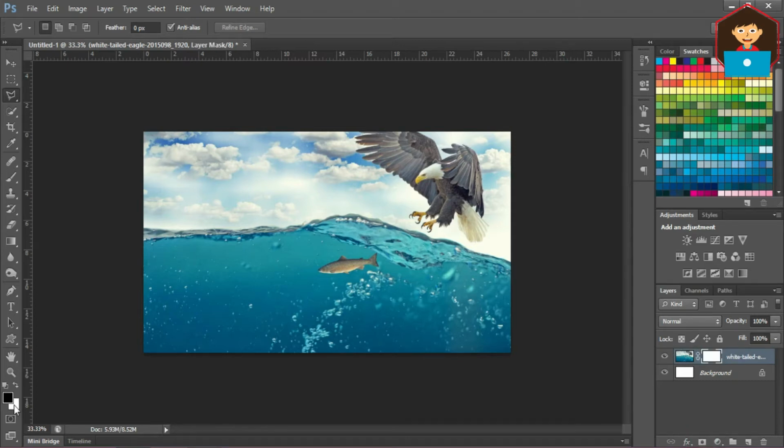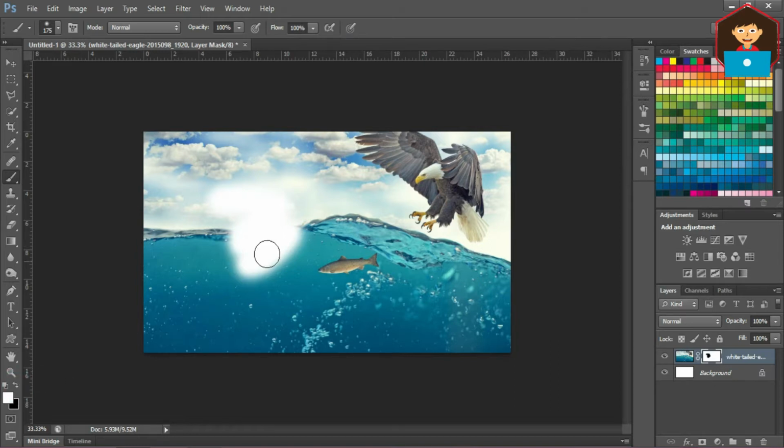What is layer mask? Just add the layer mask and select foreground color black, you can erase it, and white, you can get it back. Something you did wrong, again swap the white color and get the area back. When you select the mask, however you fill the black, you can erase it. However you fill the white, you can revert it. That is mask. Second technique, content aware.